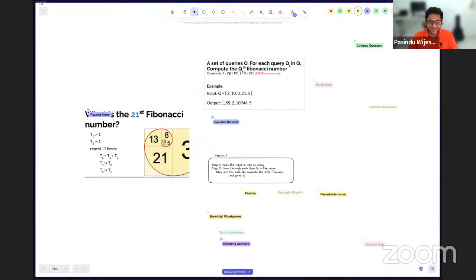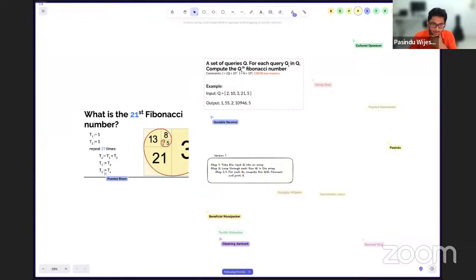All right, I'm not seeing anything. Let's talk about the bottlenecks in this one. So this is the base version that I entered. What could be a problem in this one? We have an input array Q, which is going to be of size 10 to the power 5, so 100,000 elements, meaning up to 100,000 queries.